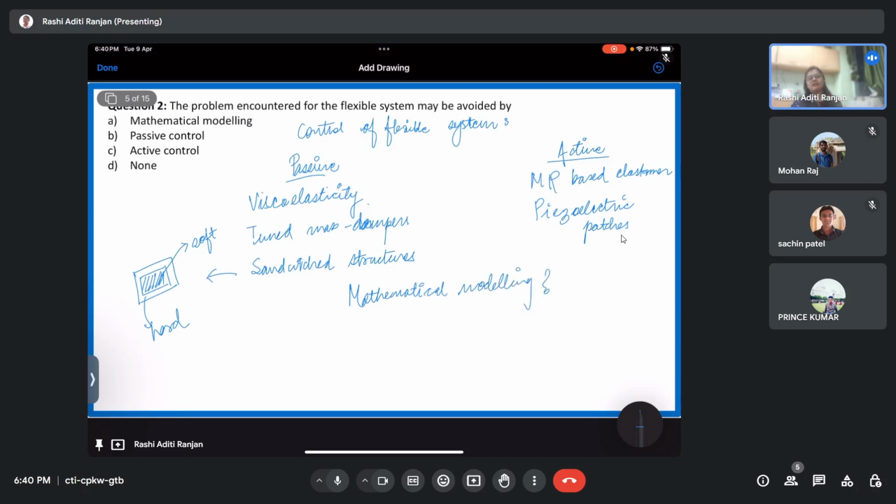But then if you ask how mathematical modeling can help, that is what we have been doing since the last 10 weeks, isn't it? We are doing mathematical modeling. We are actually dealing with the nonlinear system. We are learning how we should deal with the nonlinear system in order to get accurate results, so that I can study how my system is going to behave, and I can then use it for practical application. And that is why studying nonlinear dynamics is very essential,